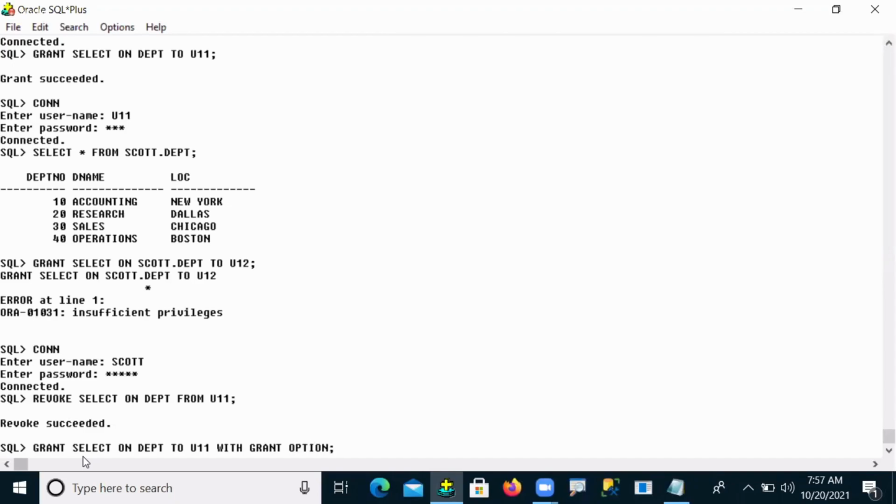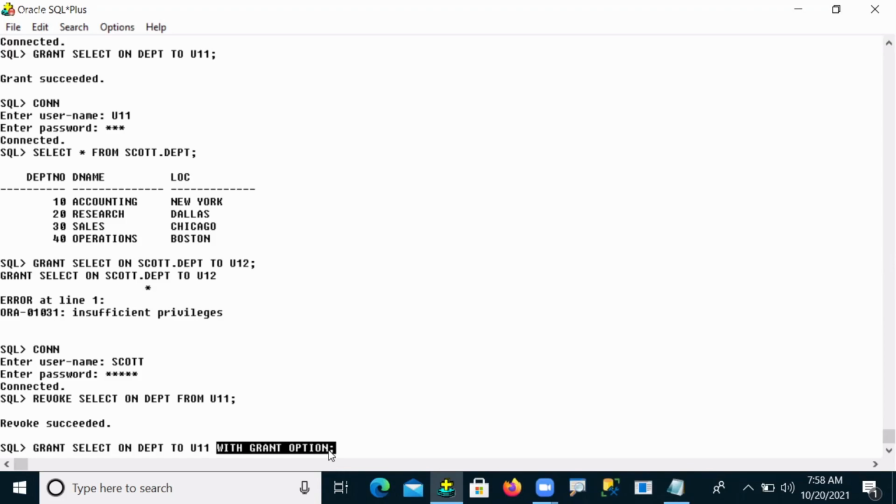Is the point understood? So now the administrator is giving grant select permission on the DEPT table to user 11 along with the grant option statement.